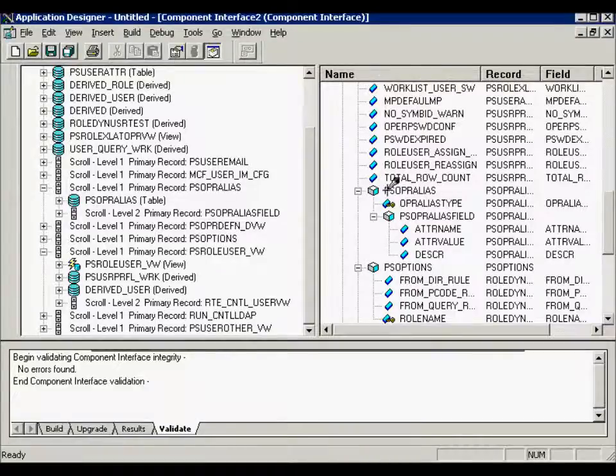So if you look over here, PS opera alias in the component interface view, and on the left hand side you see that this is actually a collection based off of a scroll, which is the PS opera alias primary record. So these are all now created here, and you can simply save your component to save what you have